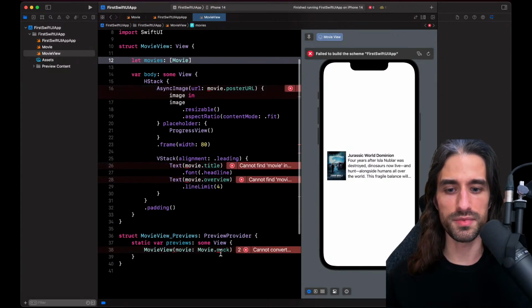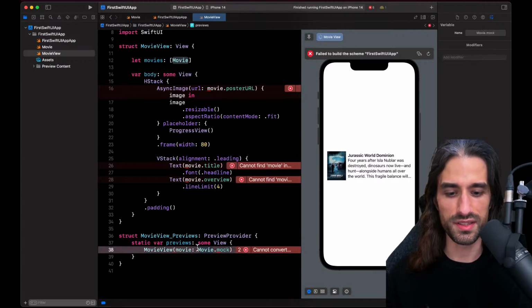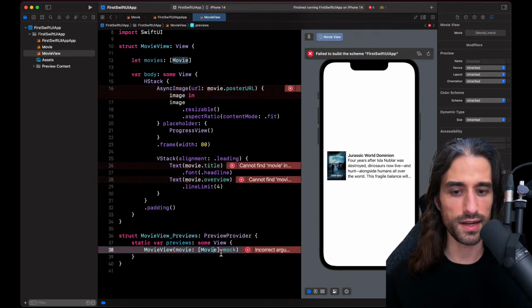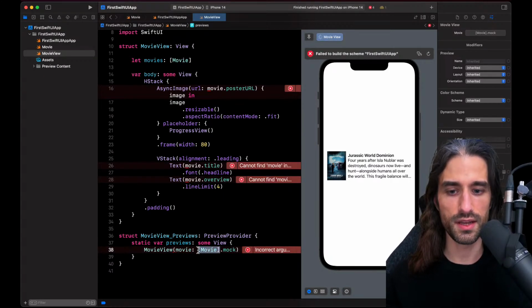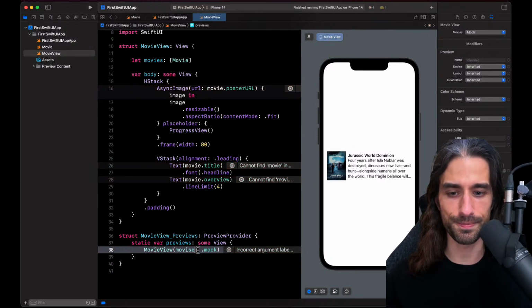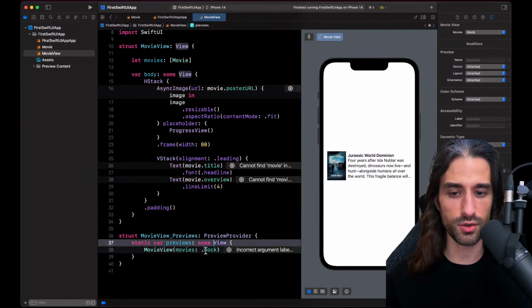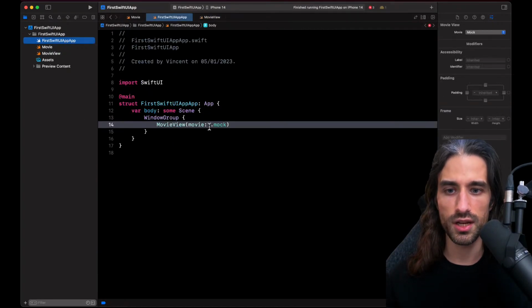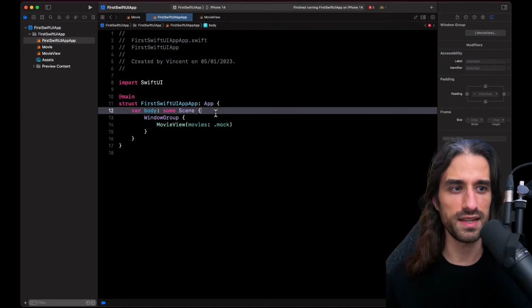So I'm going to have to update the preview. This time I'm no longer calling mock on Movie, but rather on the type Array of Movie. And remember, I can also simply get rid of the type, because Swift can infer it. I need to make the same change at the app level, okay, like that.